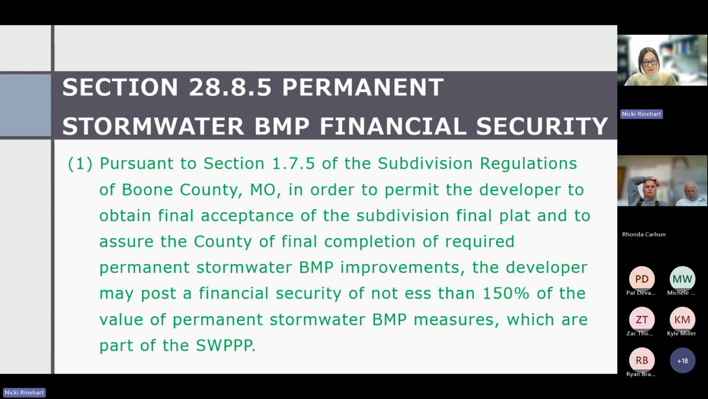Then we added a new section here. We added this section on permanent stormwater best management practice financial securities. We had several developers and contractors asking if they could bond their permanent stormwater BMP features. So for example, if they were building a bioretention cell, they didn't want to build that before the lots were built out because any runoff generated from those lots would enter the bioretention cell, and they didn't want to have to go back in and completely redo it if it got messed up. So they bonded it so they could build it at the end. So we added this section here